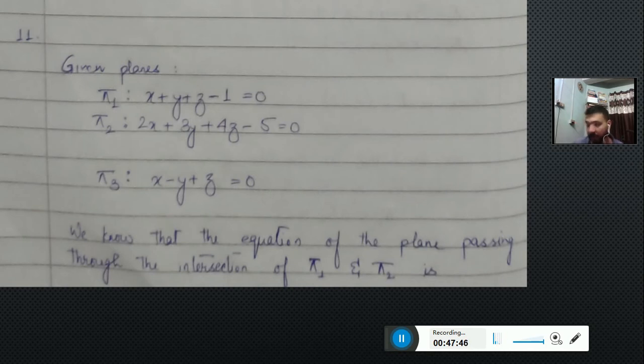Question number 11 is a little different, so I want to do that here. So they are saying, find the equation of the plane through the line of intersection of the plane, this one and this one, which is perpendicular to this one. Now you see, if you have two planes like this, this is the intersecting line. So from here, if I say my plane is passing, this is my plane passing, this pi 3 will be perpendicular to